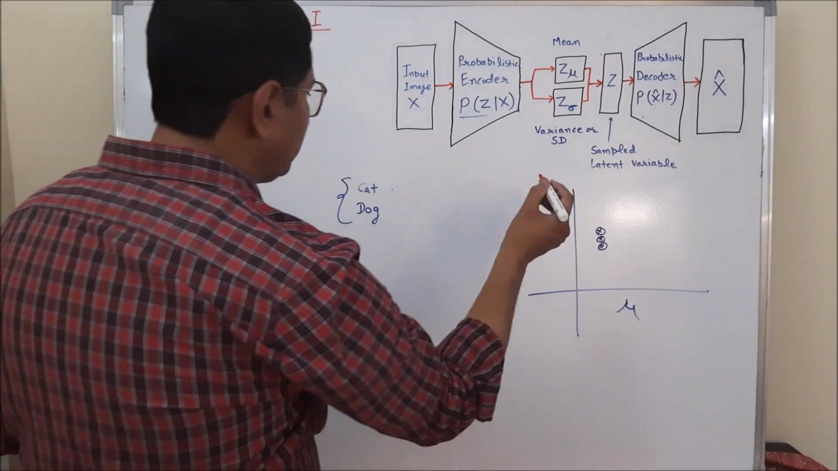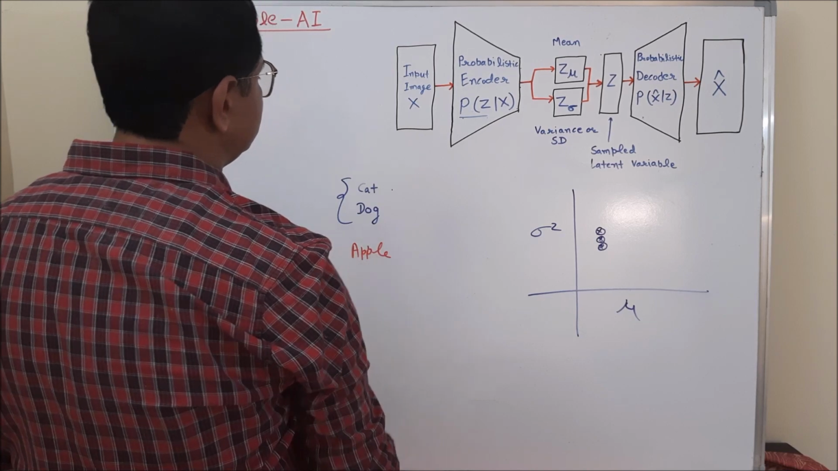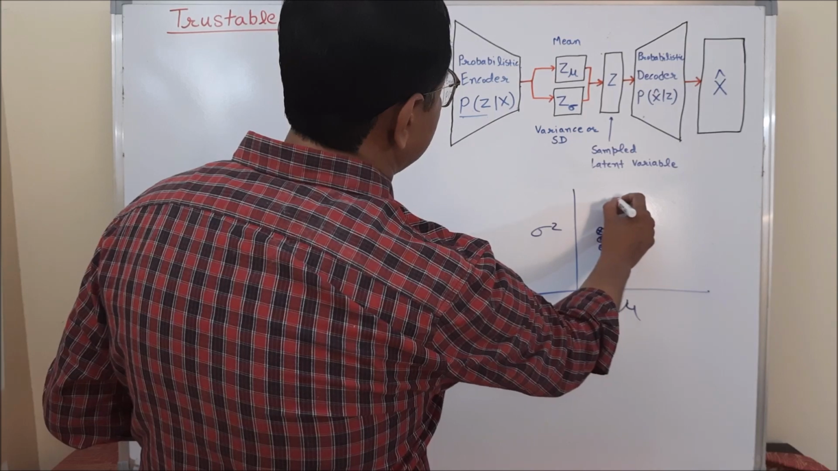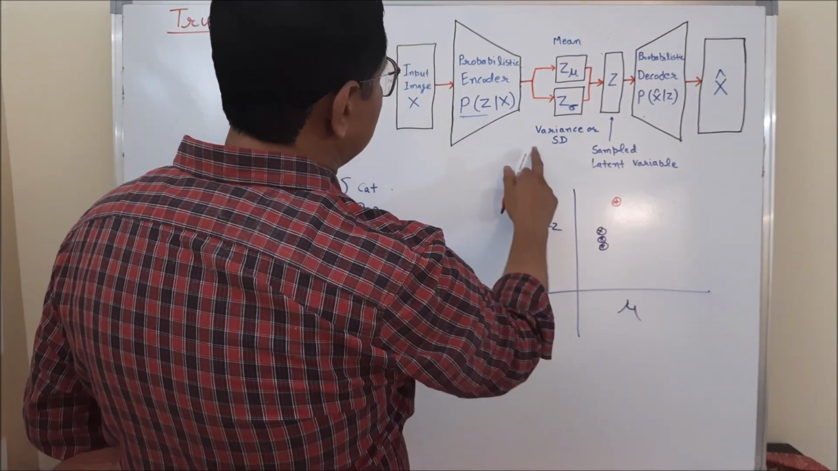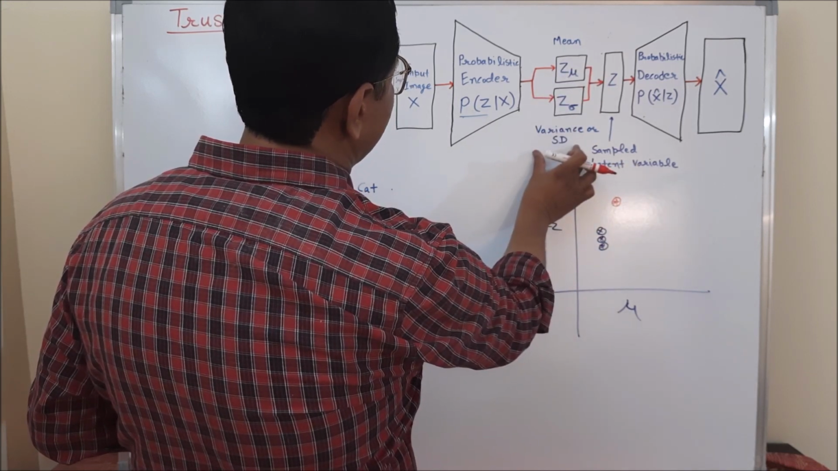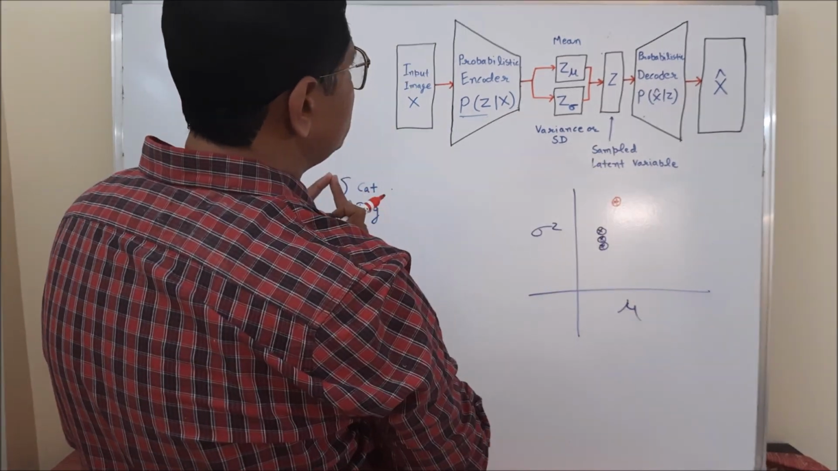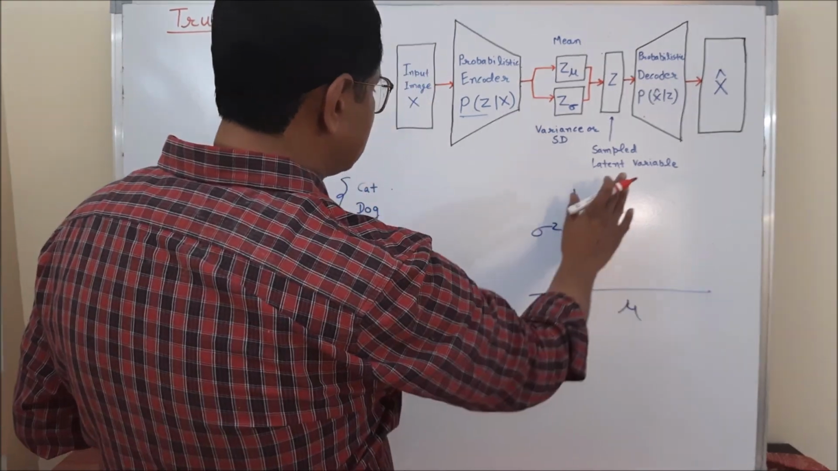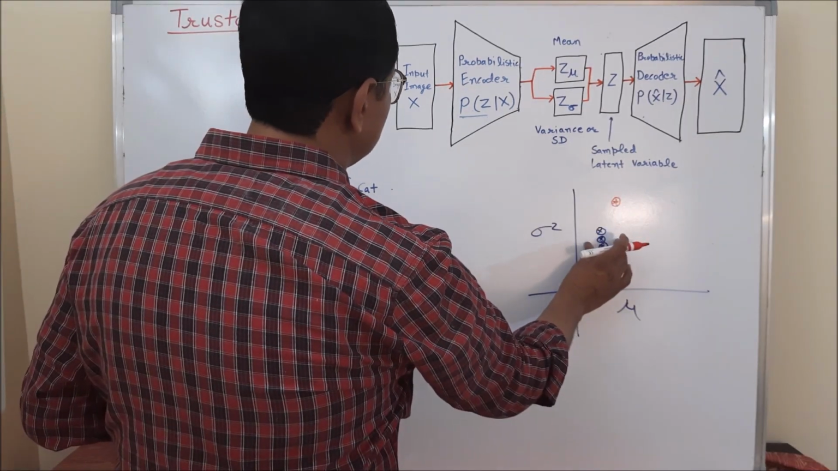But suppose you pass an image of an apple, then you will realize that the variance and mean are highly deviating, because of this step, which extracts the mean and variance and then calculates the sample latent variables, so a huge variation. And if you observe such things in your result, then you can be sure that